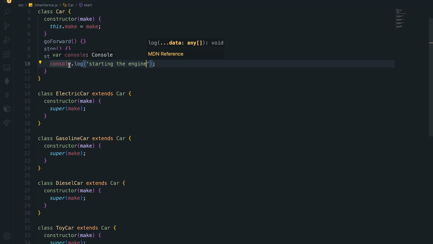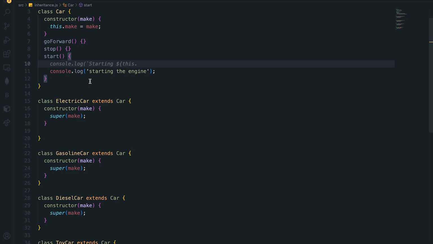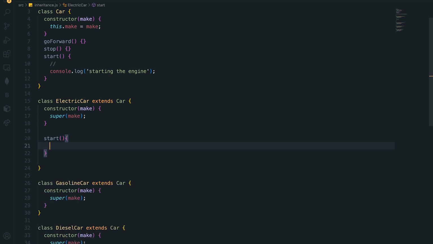So this assumes that every type of car we create starts the same way. But since an electric car starts in a different way, we have a problem because we can no longer use the start here. Because if an electric car doesn't start the same way as a regular car here, let's say that the start method does something like starting the engine, and an electric car doesn't do it the same way as other cars. So what can we do? Well, we will have to override the method down here. And maybe we'll just say that instead of starting the engine, we are